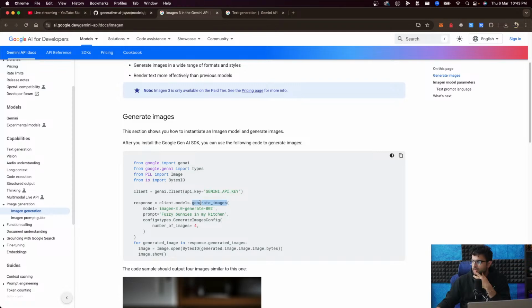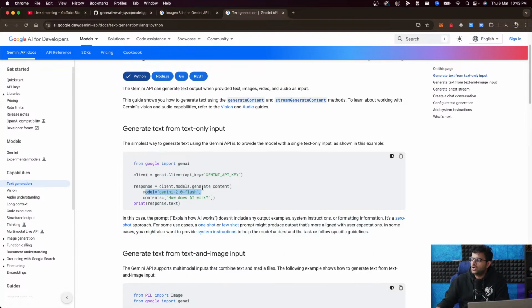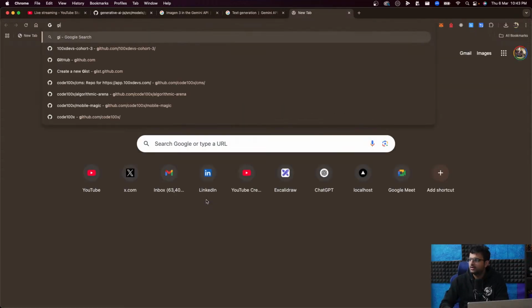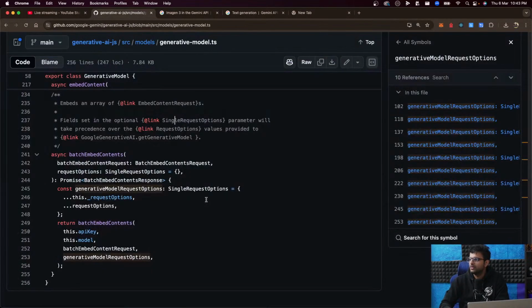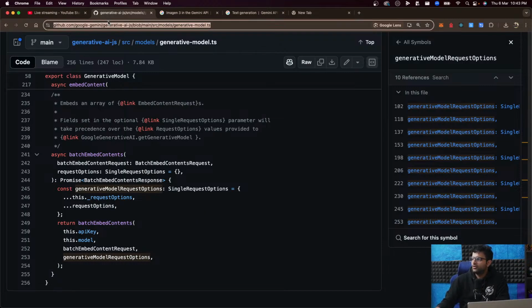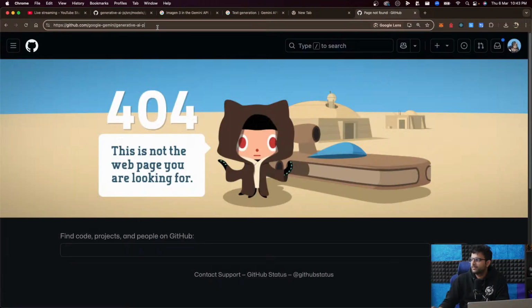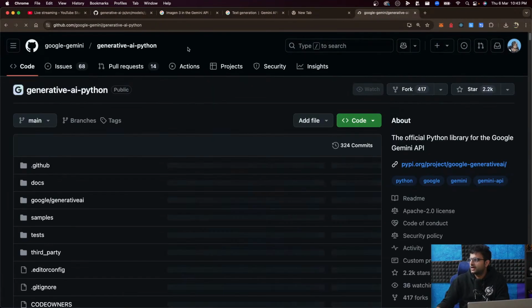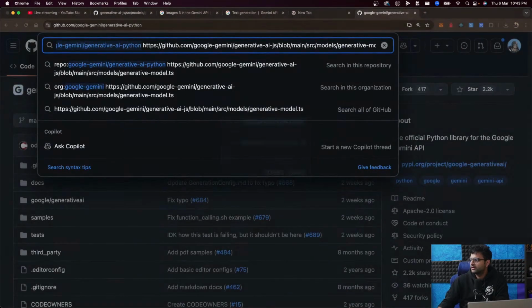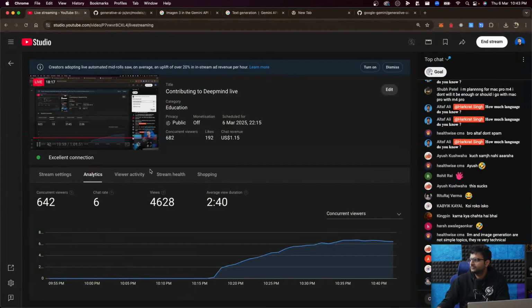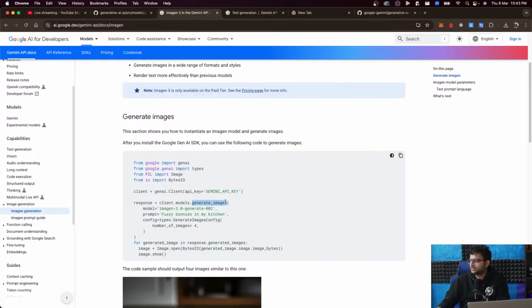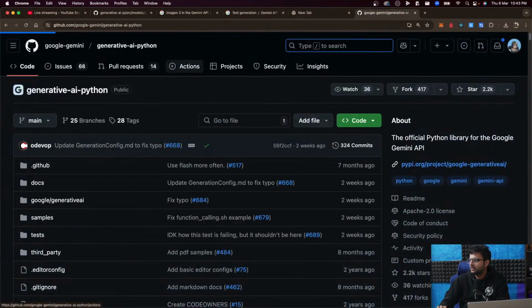Let's try to explore the Python code and see how they handle images. Is the generate images function in the same file or the same class as the generate content function? I'm assuming yes, but let's confirm. So if you go to generative AI Python and search for generate images.